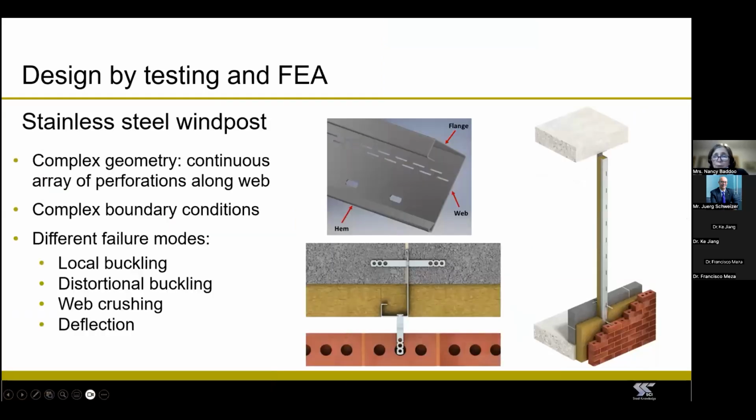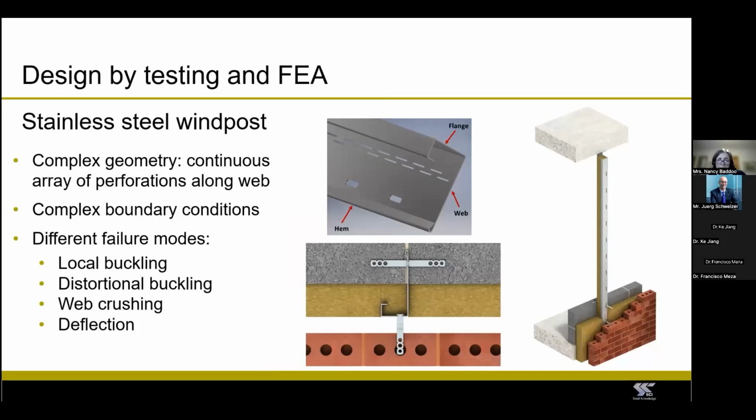Now, there's some situations in which the type of member you're trying to design falls outside the scope of a design standard. And in these situations, design by testing is the right solution. And to minimize the number of tests needed, you complement it with numerical analysis, which helps you cover a wider range of cases. And this is the sort of work that SCI has carried out for several manufacturers wanting to